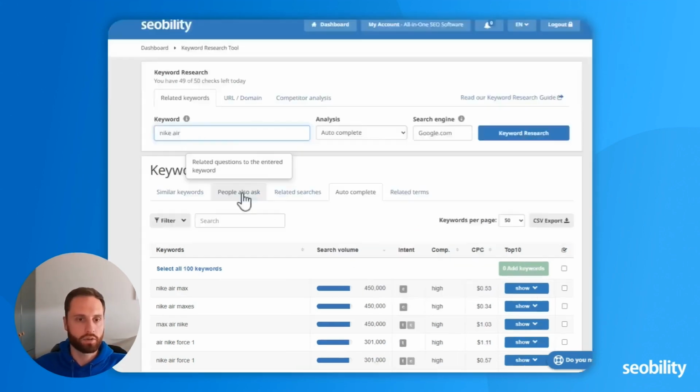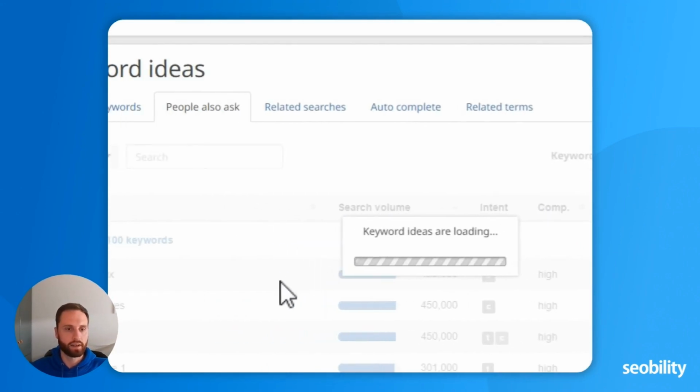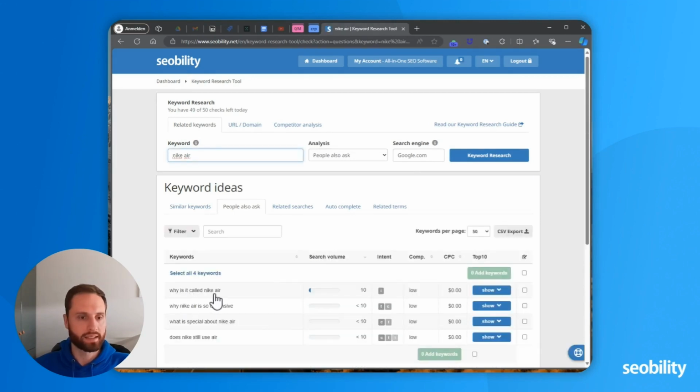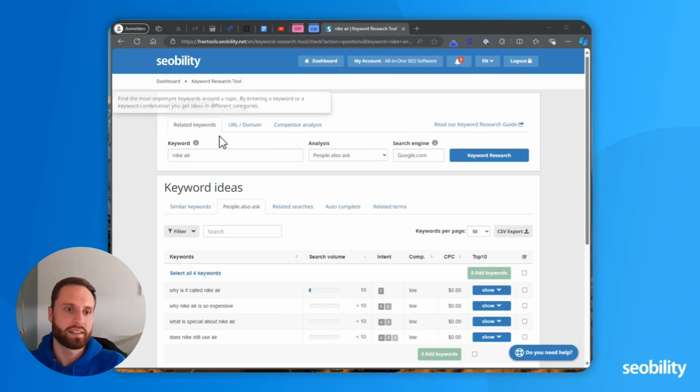And you could also do people also ask to find out what the people also ask boxes offer. Why is it called Nike Air? It's really low search volume, but that's something people seem to be interested in, and Google is offering them answers to these questions, so they could be inspiration for your content creation too. Next to the related keyword analysis, we also have a URL and domain analysis.